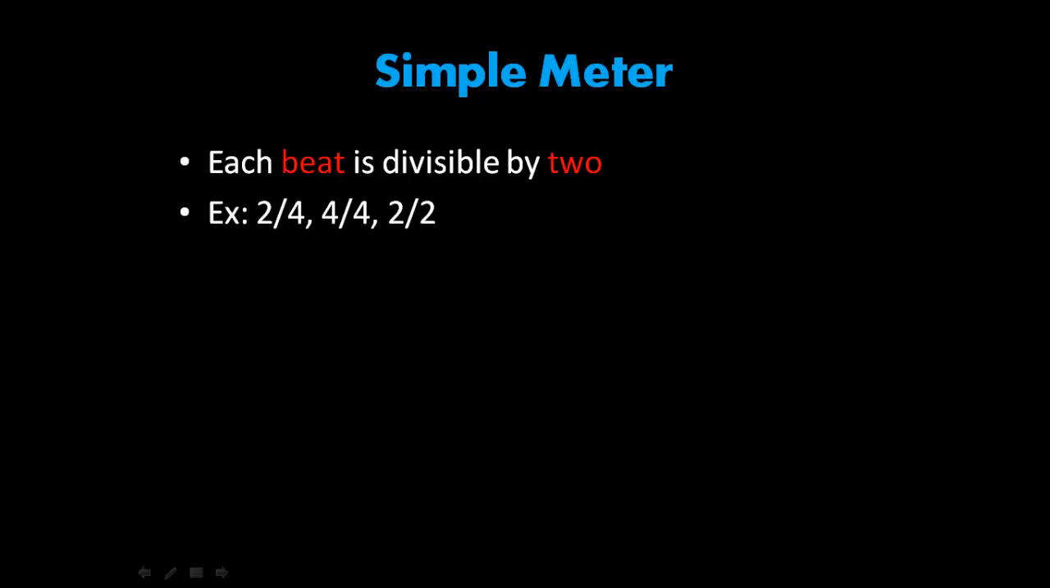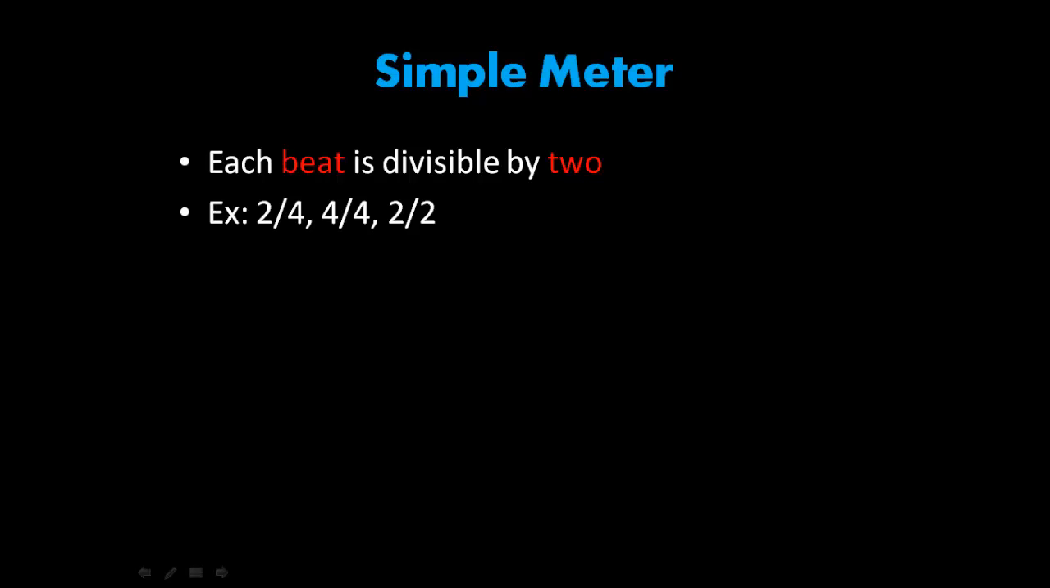The second part of deciding which meter a time signature belongs to is deciding whether it is simple or compound. Let's start off with simple meter first. Each beat is divisible by 2. For example, 2-4, 4-4, and 2-2 all have beats that are divisible by 2, and therefore they are all simple